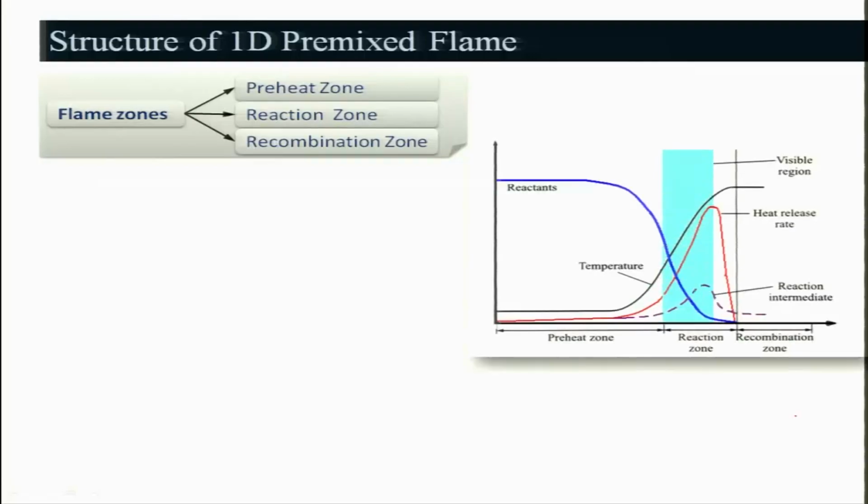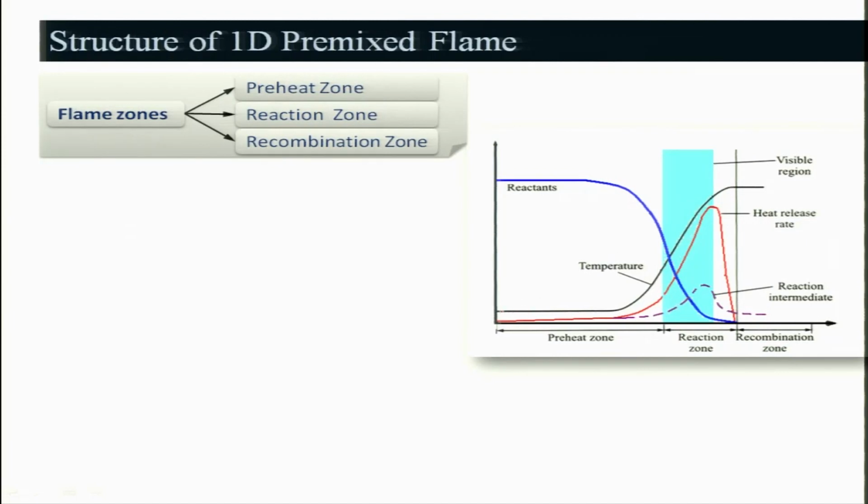We are considering a one dimensional flame, but in the case of a Bunsen burner, the flame is not really one dimensional. It is two dimensional, if you consider it symmetric in the theta direction, azimuthally. But if I consider the one dimensional case, I will get a structure like this.